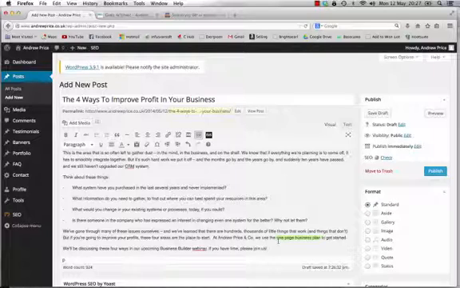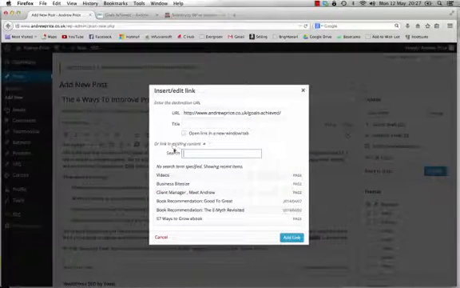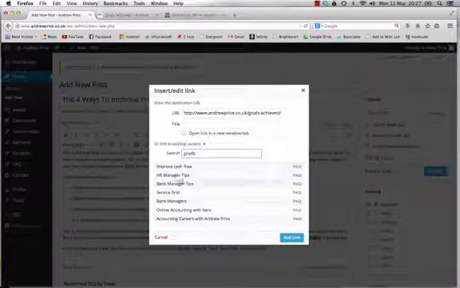You don't need to use the words click here because everybody knows when they see a link that you click it. That's kind of an old school thing to say click here or click this button or whatever, unless you are actually using a button. But when it's words, you can just highlight the words, paste in the link there, or you've got this link to existing content, so you could type in profit and it shows you